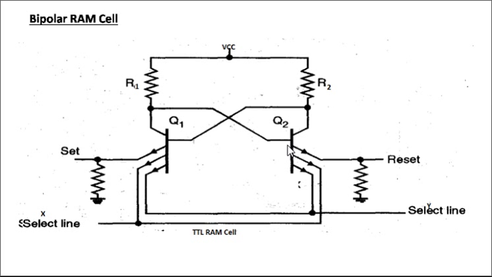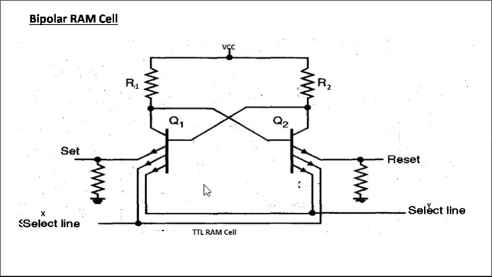And Q1 is off. When Q1 is turned off, Q2 is turned on. As long as Q2 is on, its collector is low and Q1 is held off. One can rewrite by pulsing the reset emitter of Q2 high. So at one time one of the transistors will conduct. When Q1 conducts, 1 will be stored and Q2 is off. When Q2 conducts, 0 will be stored and Q1 is off.